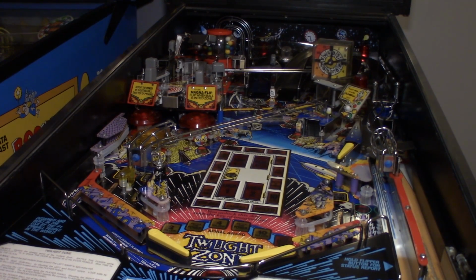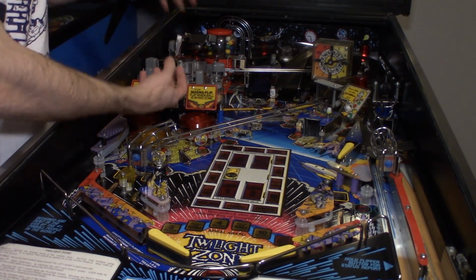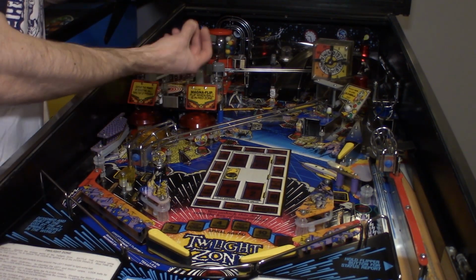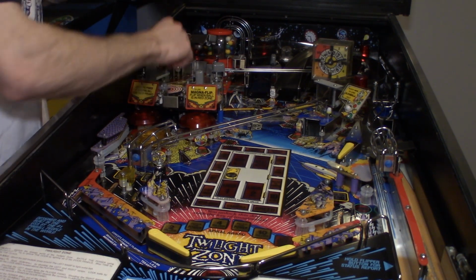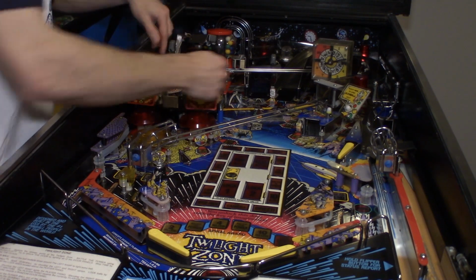So I went ahead and finished up the Mini-Playfield. I got the clear protector on the bottom of the Mini-Playfield, and once I had everything back together, I was in a place where I was ready to put it back on the playfield. So all I did is, I leaned it up and I took all four Molexes, and I shoved them through the bottom of the playfield, and then I just slid it into place, watching